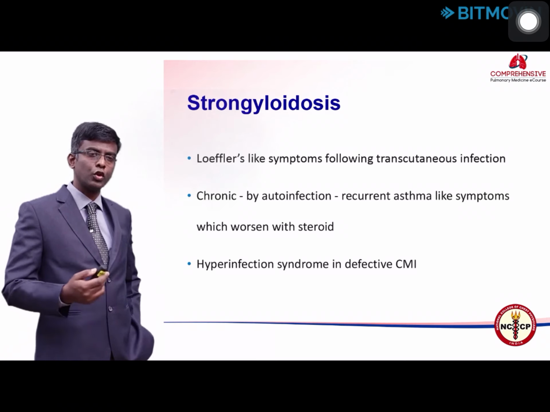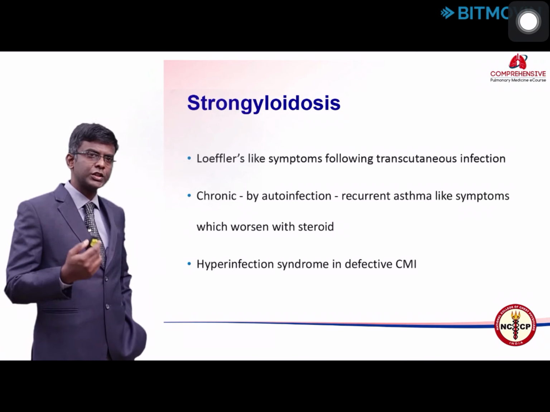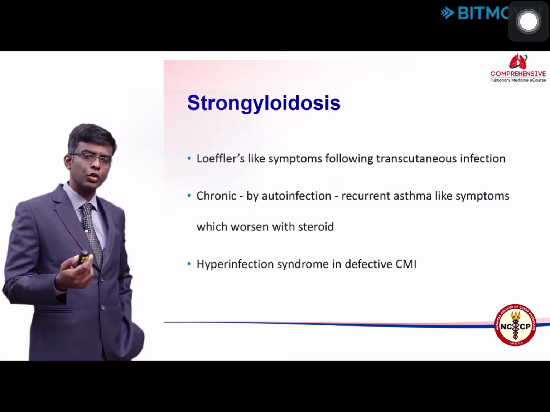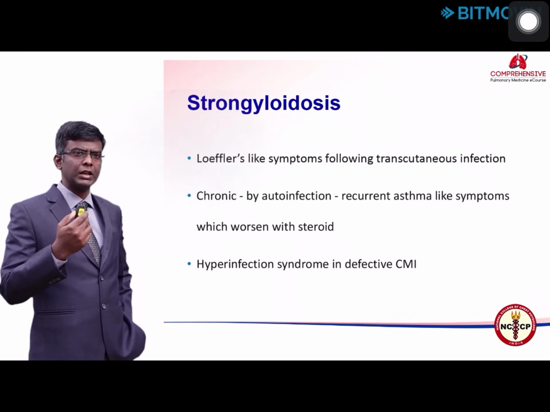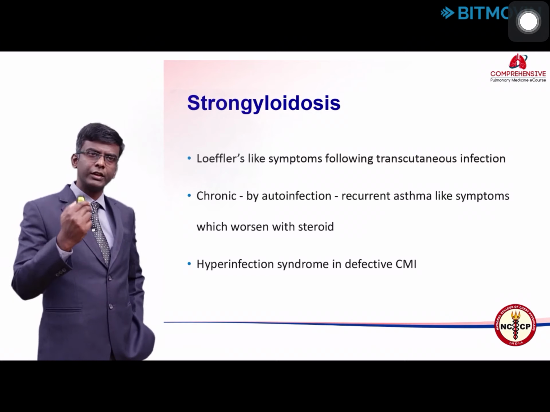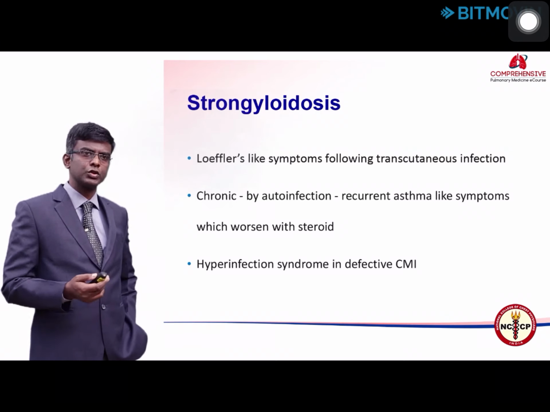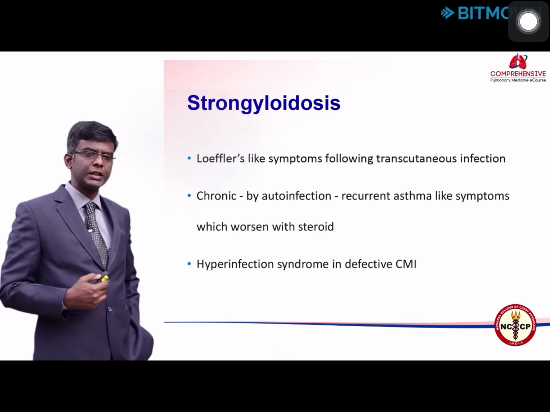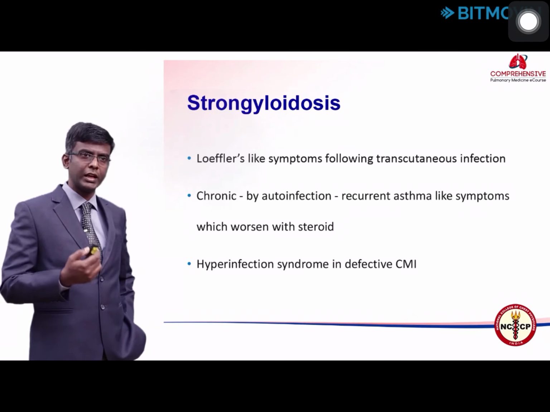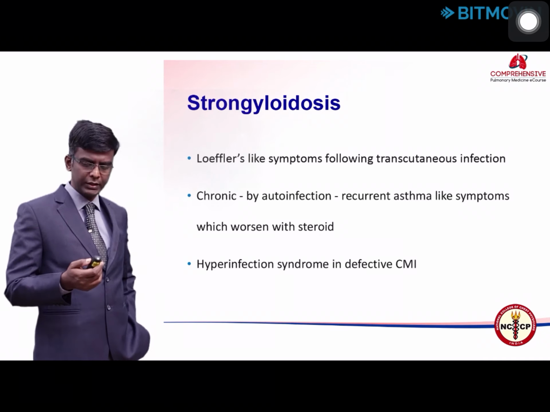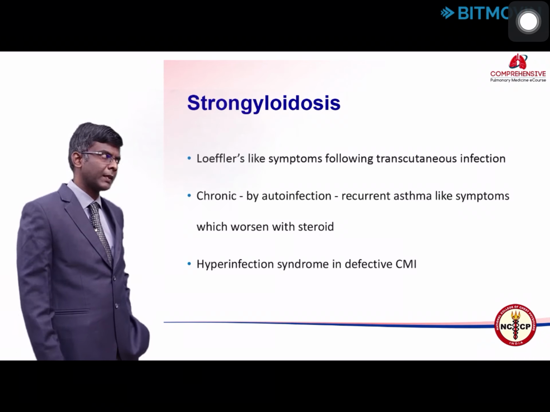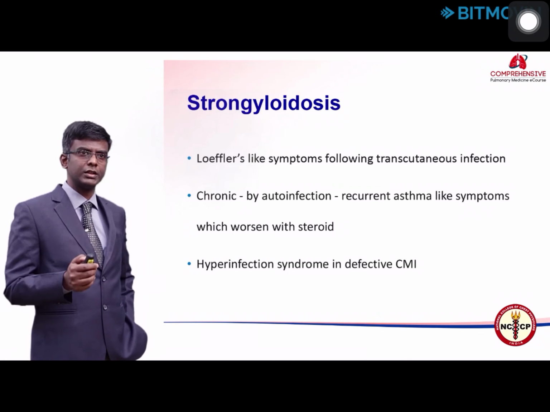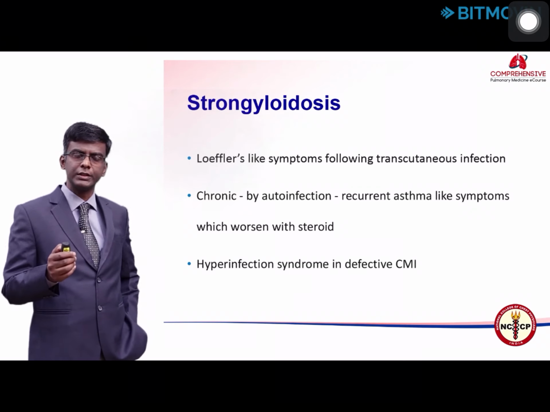And this is more common in those with defective cell-mediated immunity. It's also common in individuals with diverticulosis and reduced GI motility. So in such individuals, this causes autoinfection and hyperinfection, and if it is not detected and treated, it can be fatal. And it is important to remember that this is the only condition of eosinophilic lung diseases